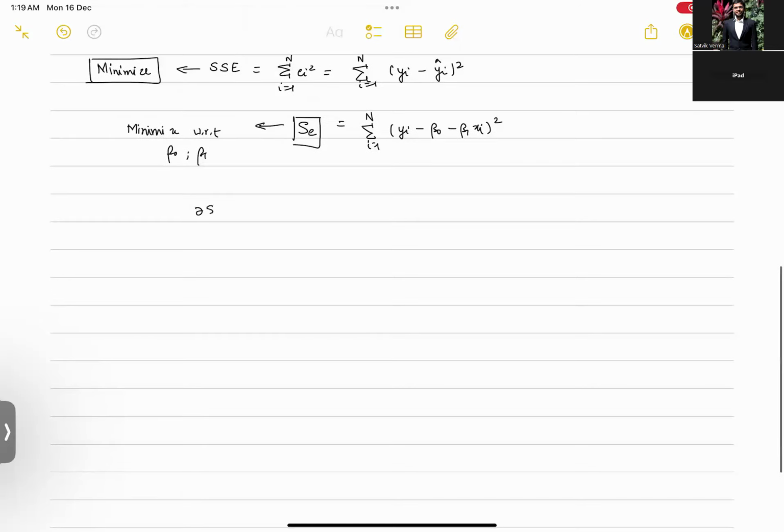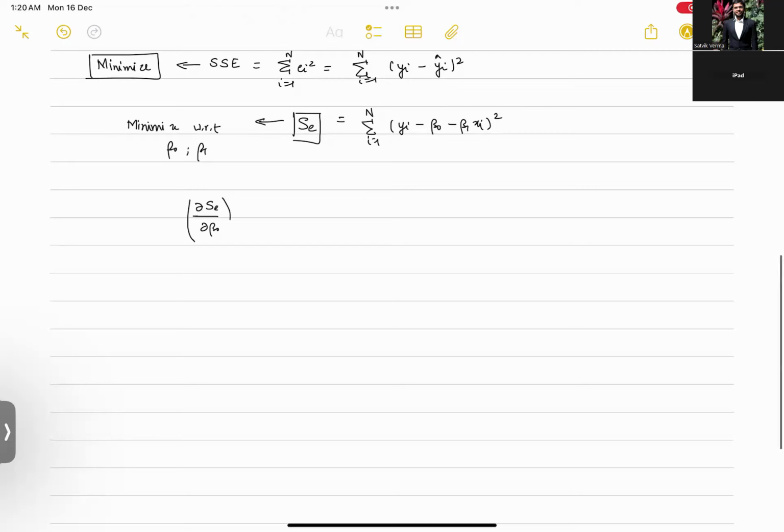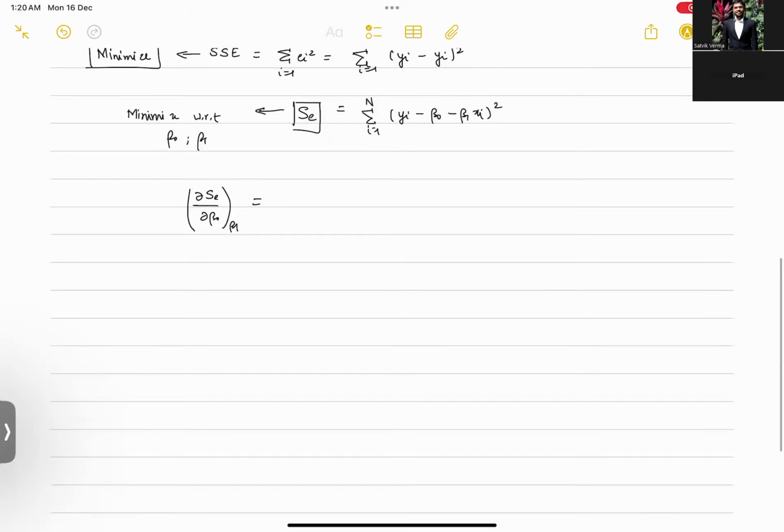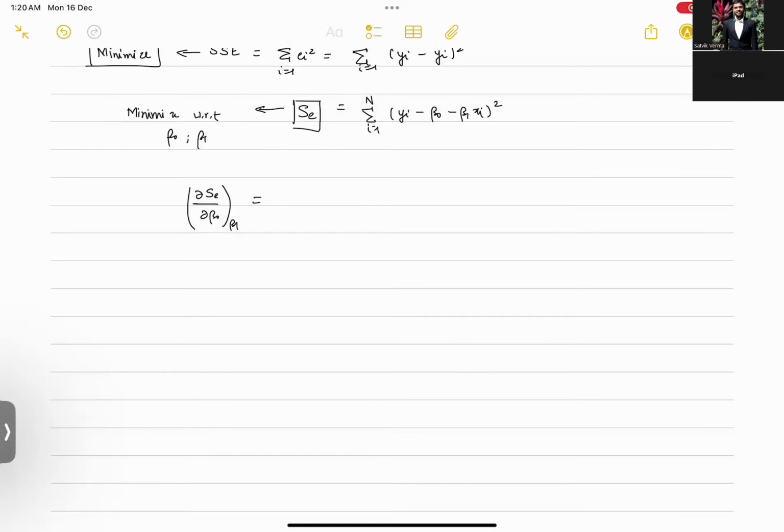take a partial derivative of this function with respect to the two variables and set those partial derivatives equal to 0. So let's take a partial derivative of SE with respect to beta naught, keeping beta 1 constant. So in that case, we get this equal to, now we'll use a chain rule of